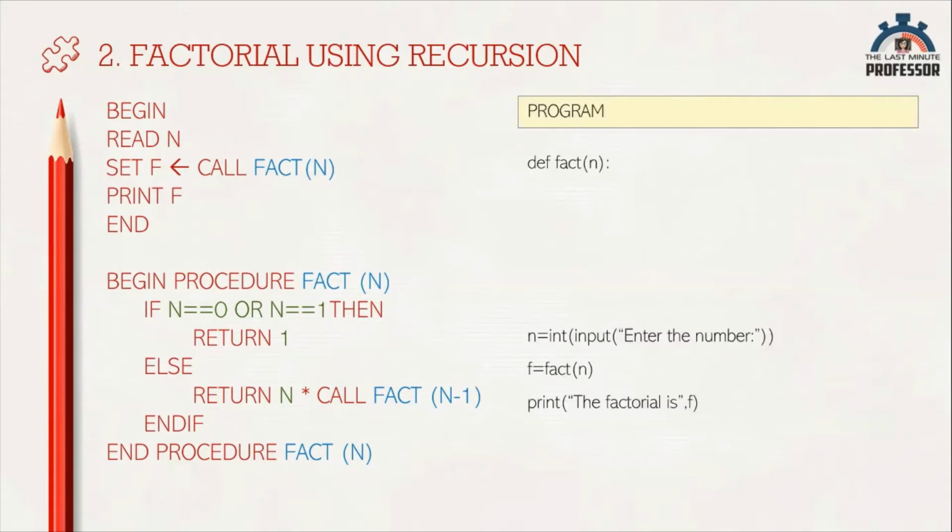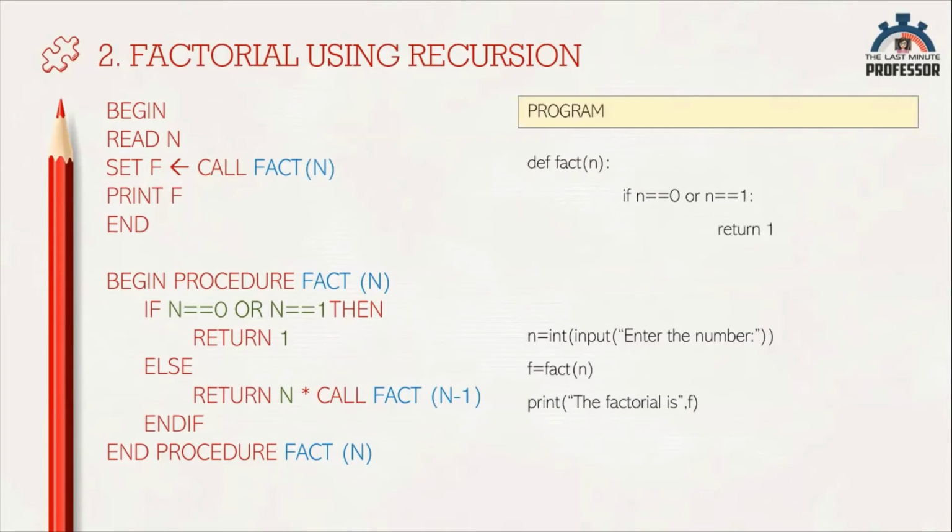For checking a condition, we are using if. So you have to give it as if n equal to 0 or n equal to 1. For checking an equality condition, we normally use double equal to, and the line ends with a colon. Now, the statements that are to be executed when this condition is true, that is when n value is either 0 or 1, must be given with a space, that is, they must be indented. So here I have only one line, return 1, so it must be given inside that.